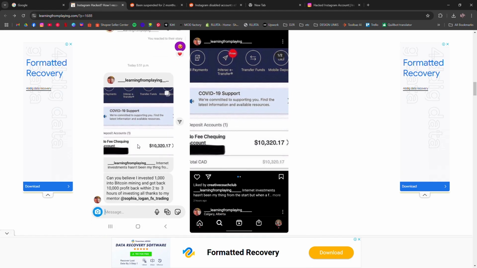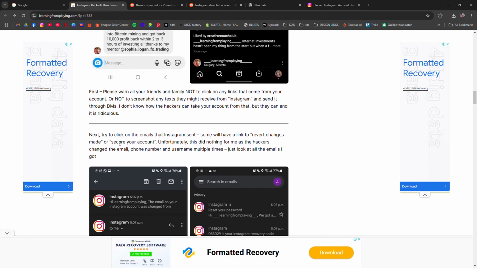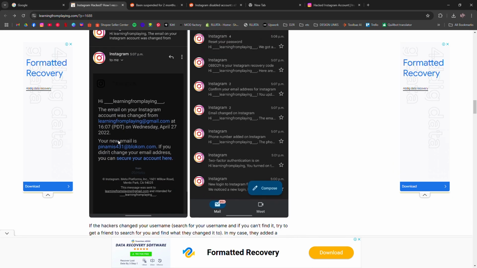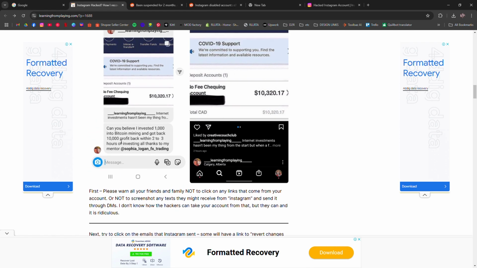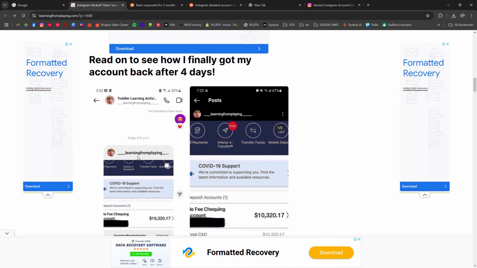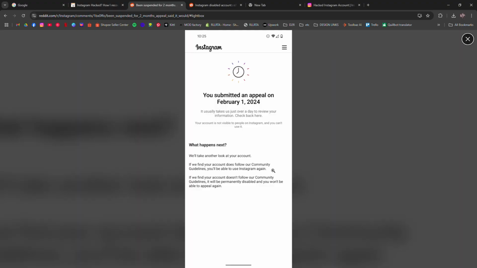Don't post saying that your account was mistakenly disabled by Instagram, because you will just attract scammers saying that you need to pay for something in order to retrieve your account. You do not have to pay for anything just to make an appeal. You can immediately submit an appeal whenever this happens, but sometimes Instagram does not respond right away.